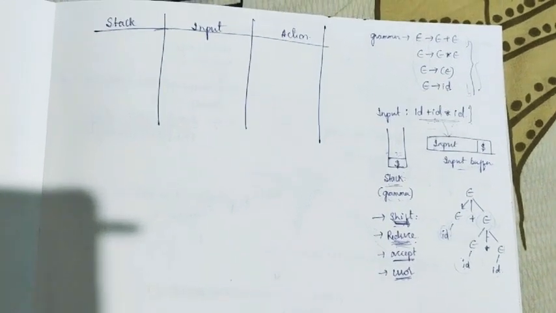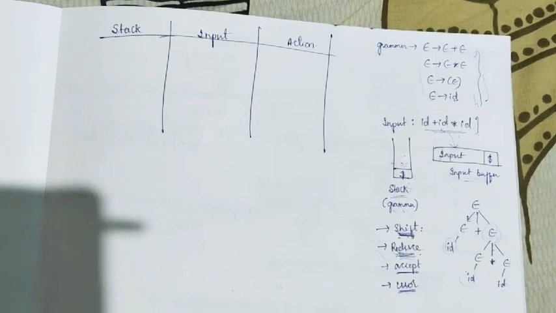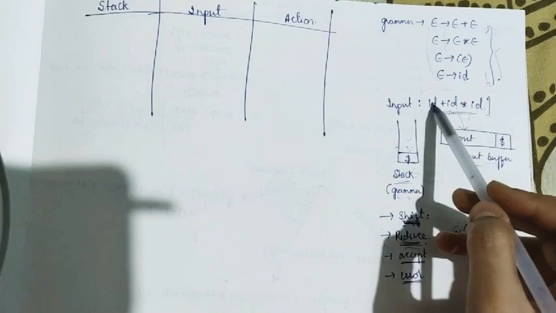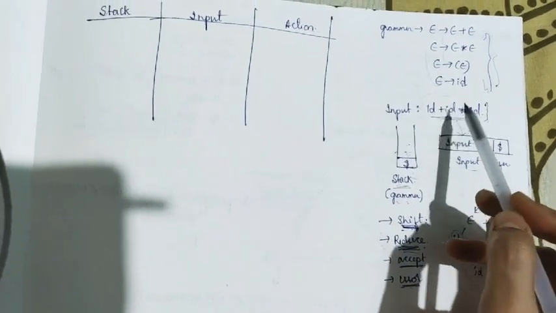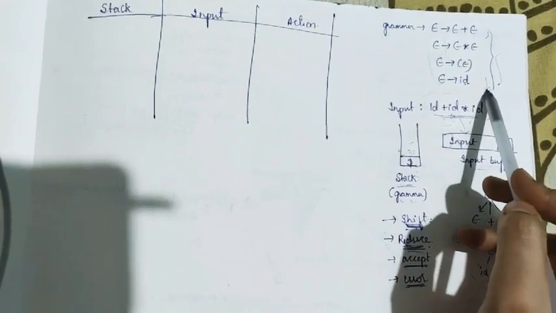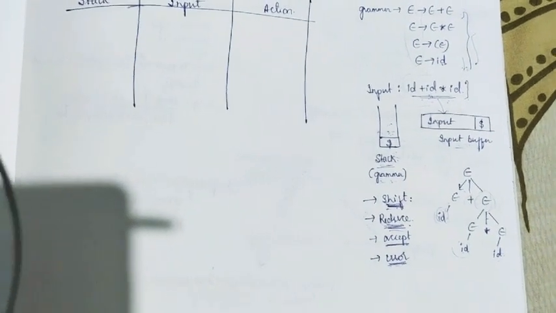So here we are seeing the fourth program. The fourth program is nothing but it is using the shift reduce technique. They have specified the grammar here. So using this grammar, we have to check whether this input string can be accepted or whether this input string will be rejected. So this is the grammar they have given, and the parsing technique we have to use is shift reduce parser. So shift reduce parser is a bottom up parser.